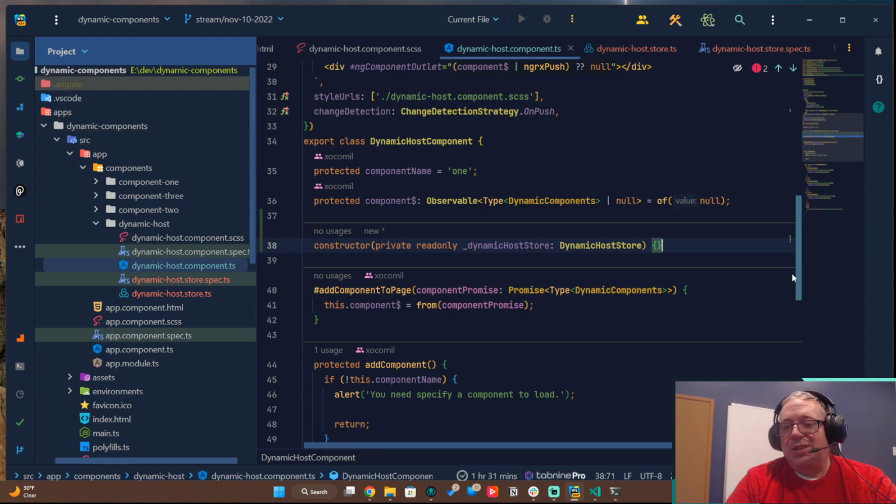And this is the typical way that you do injection. The problem with this is that then,